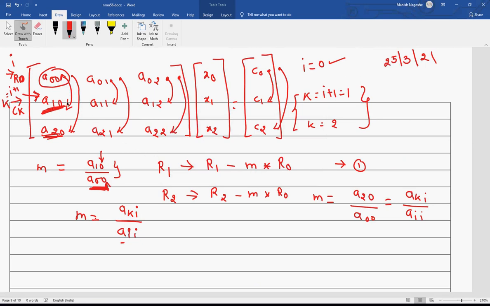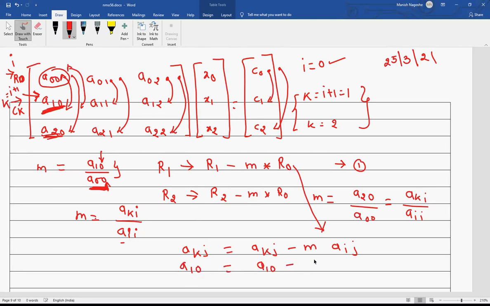So if this is the operation I have to do, how do I write this? As A K J is equal to A K J minus m into A I J. So the meaning is this: K is now my 1, so this is A10 because J starts from 0.